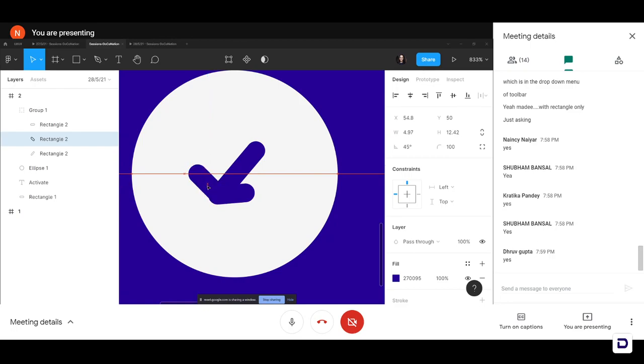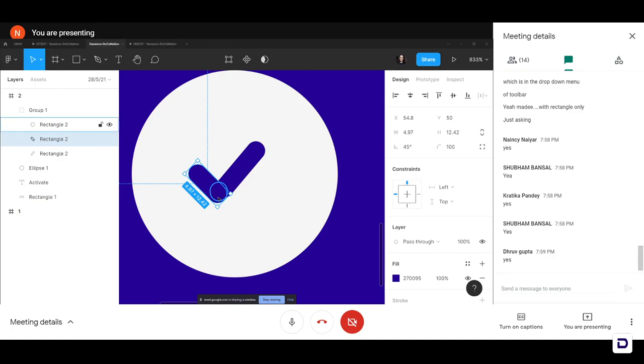And the next thing I'm going to do, this little extra rectangle, I'm going to reduce the width of it and place it in the center. So I'm just going to drag it and place it in the center such that it's not visible itself, so that it fades into this little arrow that we're making.